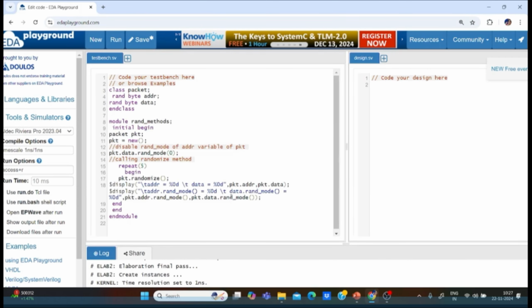Now for example, you have made this data rand mode as 0, and then after some period of time, now you want to make it as 1. Then you can also do that. For example, if I am doing the same thing here,